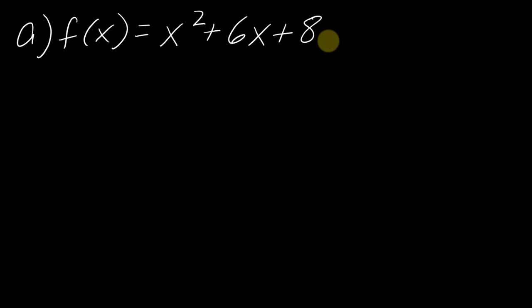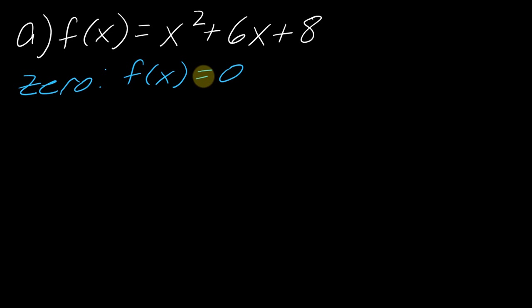I think it's easiest to discuss that by using an example. So here's the quintessential example for this. I've got the function x squared plus 6x plus 8. First of all, what does it mean to be a zero? To be a zero, you're looking for the value of x that makes f of x equal 0. That's all you ever have to do to find a zero: set the function equal to 0. So if I write x squared plus 6x plus 8 and set that equal to 0,